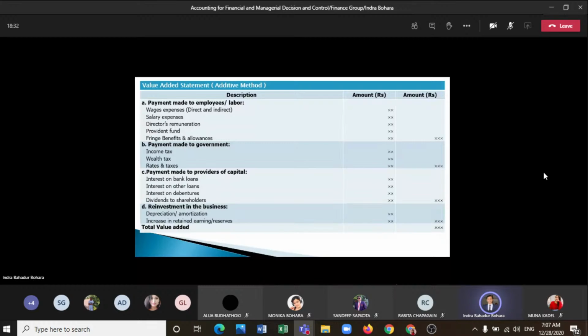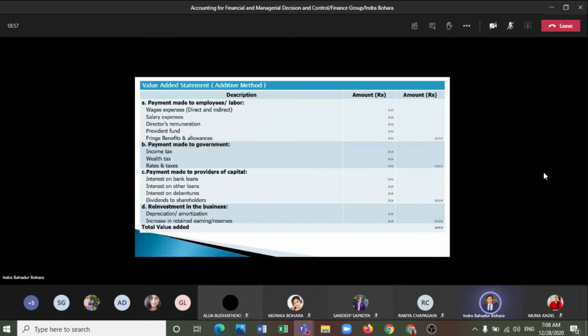In our previous example, 2,000 is value added, and why this 2,000 is added can be logically proved. That 2,000 should be distributed to different parties. Why is 2,000 added? For distribution to the employees as salary, wage, and remuneration,